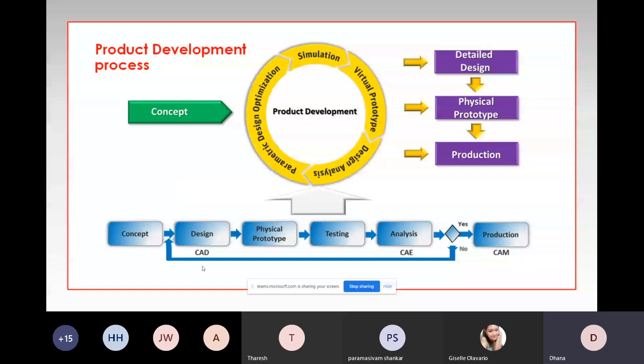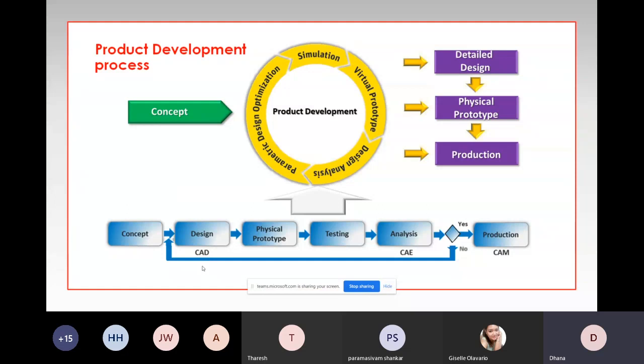From that, you decide the parameters, then go for simulation, then a virtual prototype, and then the design analysis. If the design is satisfactory, then you go for production, or else you go back to the first step and modify the concept again. This is the process which every industry follows. The physical prototype is where subtractive and additive manufacturing come into play, whereas subtractive can be used on large scale manufacturing as well.